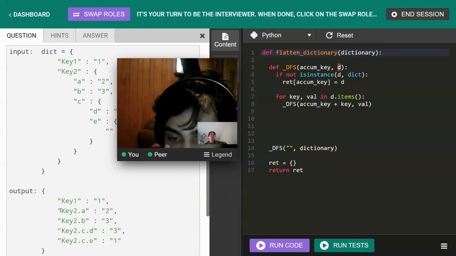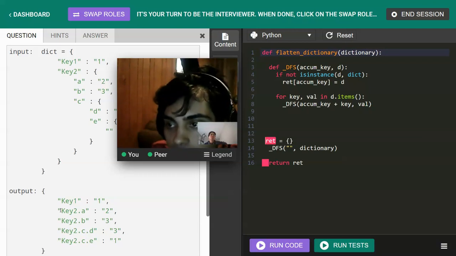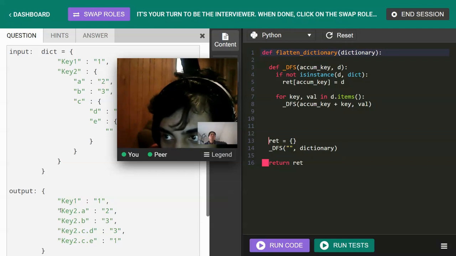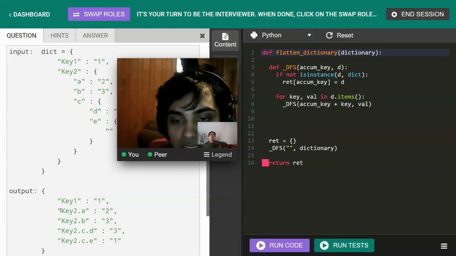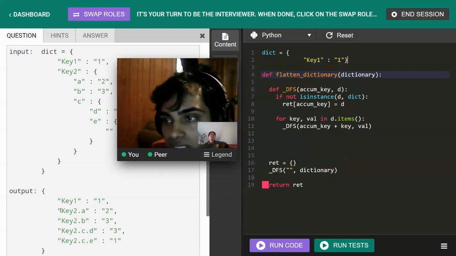It will, if the dictionary we're given is, oh wait, we have to do this before that. Dictionary. If it's not, if we're just given this,